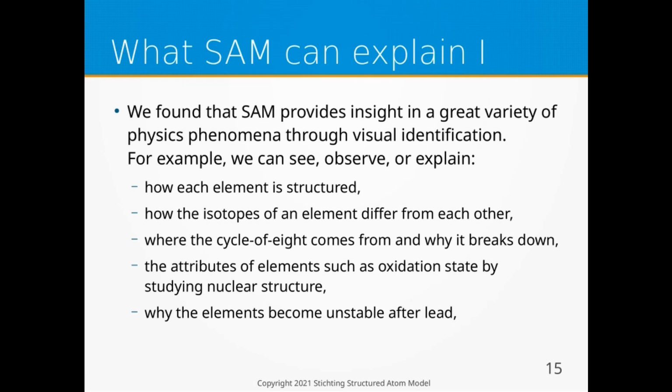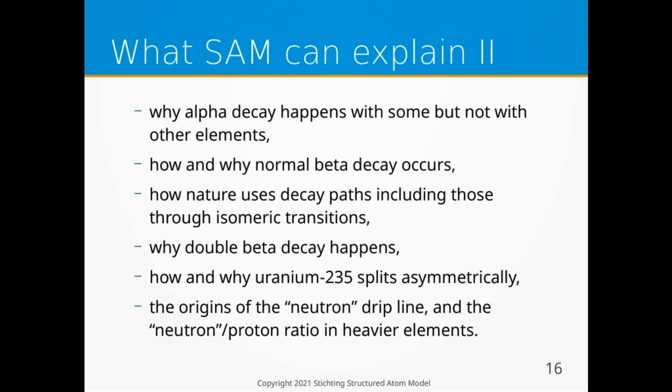Here is an incomplete list of which questions SAM can answer that current atomic models struggle with. The structure of each element, how isotopes differ structurally from the base element, the base for the cycle of 8 and why it breaks down, the structural base for attributes like oxidation state, the reason for instability after lead, why alpha decay happens, why and how beta decay happens, why there are different decay paths, sometimes with isomeric transition